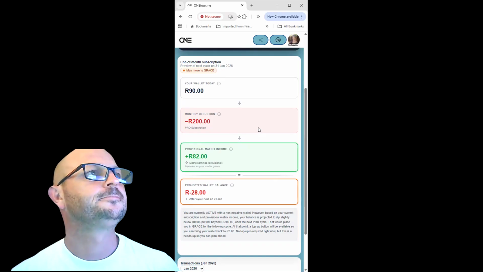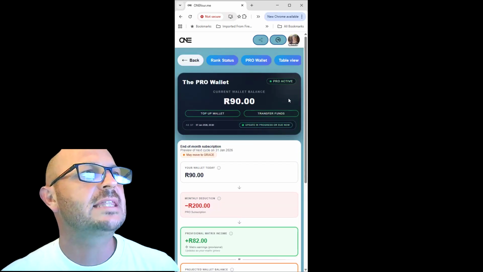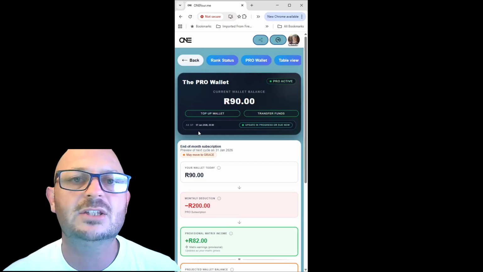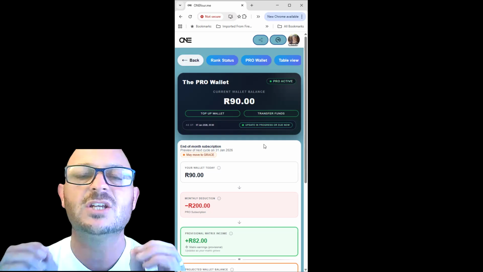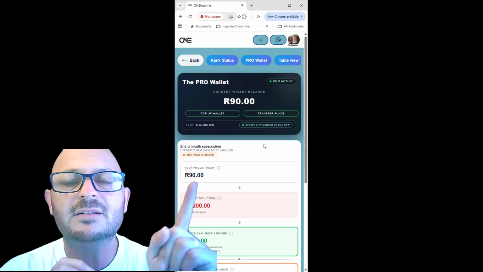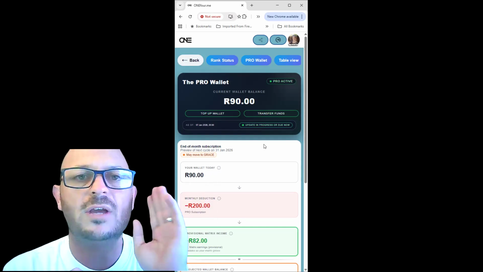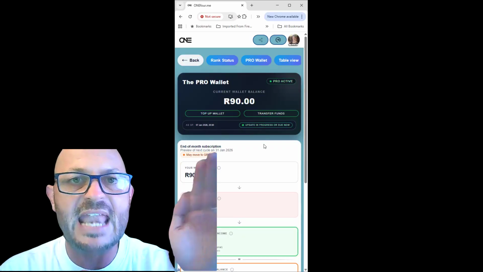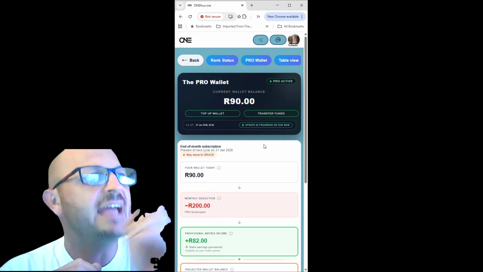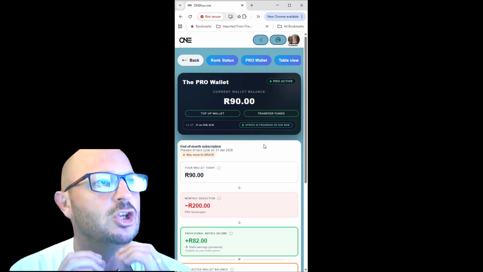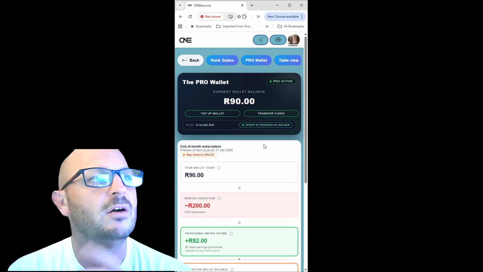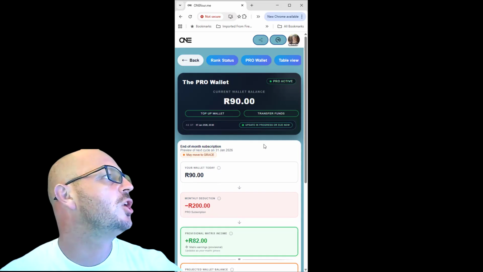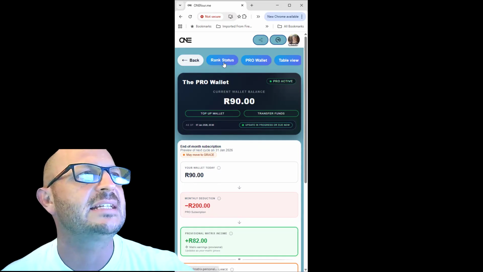I'll show you later. Okay, last thing is this black box at the top here. That is your wallet. That amount there shows you whether you can draw from your wallet or not, whether your wallet balance is in negative or not. That is the important part that you need to always be aware of.